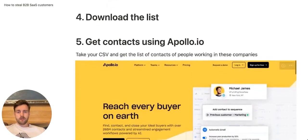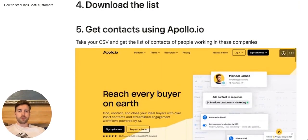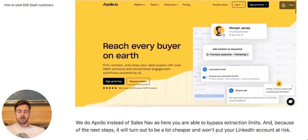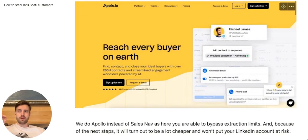Once you download the lead list, you get contacts using apollo.io. You take your CSV and get the list of contacts of people working in these companies. I think usually you want to limit the number of people between 2 and 3 contacts per each company, because one of the ways to mess it up, which I unfortunately experienced, is that once you go and look up the companies on Apollo and do not double check the leads, what happens is that Apollo would give you a single company with 5 to 15,000 employees, which would mess up your entire campaigns. You don't want this to happen, and that's why you want to limit your research to 1 to 3 people